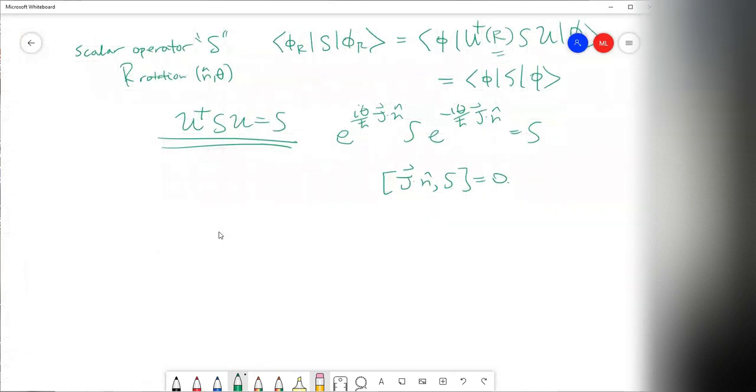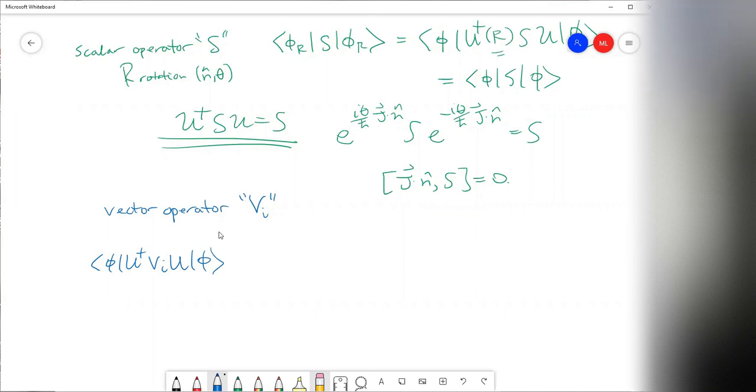Okay, so that's scalars. But what about vectors? Vectors are different. If you rotate your coordinate system, the vector will rotate also. So that transformation law looks like the following. We have a vector operator, V, and it's a vector, so it should have 3 components, x, y, z. Then what it should obey is that if we rotate our state around, then the expectation value should rotate like a vector would rotate. So it should be a matrix multiplication